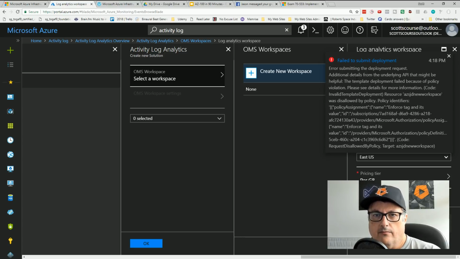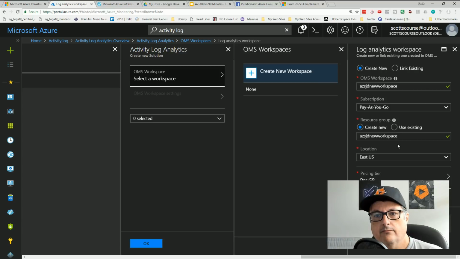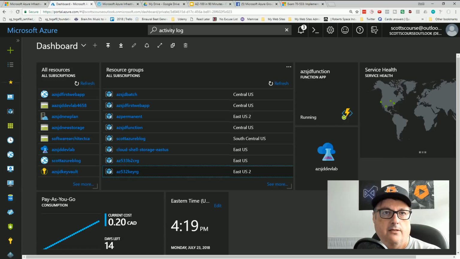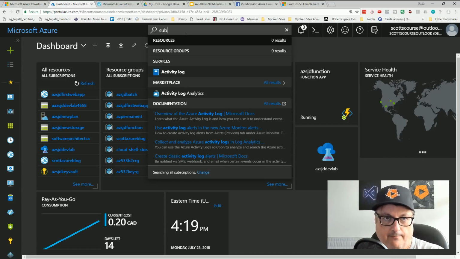So, policy violation. Enforce tag and its value. Well, that's not good. You see, because of the policy, now I can't create a resource. Oh, great. So let's go back to subscription.